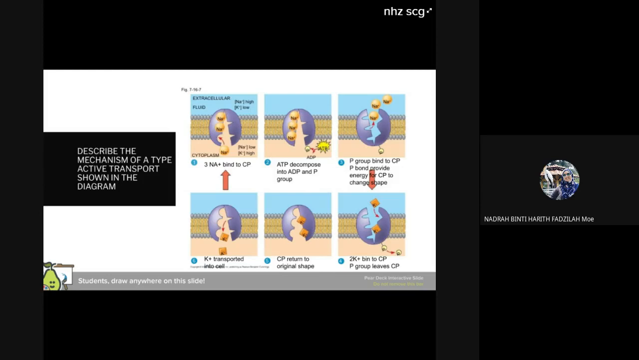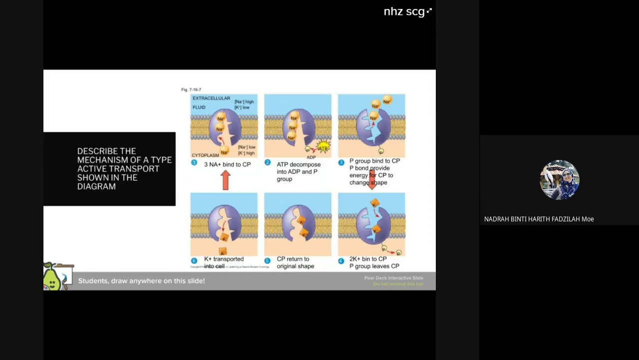The bonding of one phosphate will deliver energy for carrier protein to change shape, so that 3 sodium ions will be transferred to the extracellular fluid, gambar yang ketiga. So ayat yang menyatakan ATP decompose into ADP and phosphate group tu, maksud dia ATP is